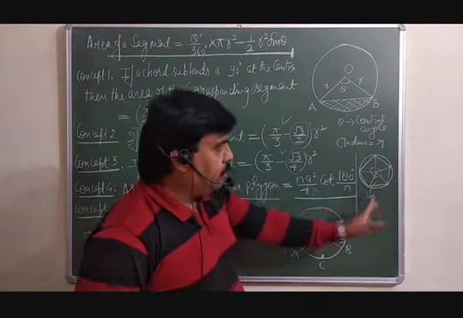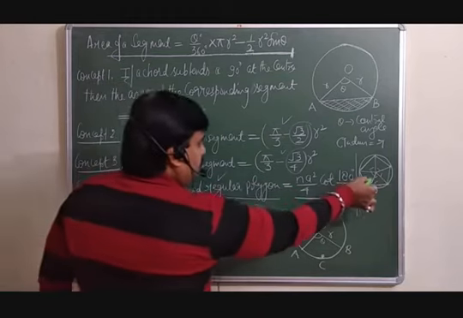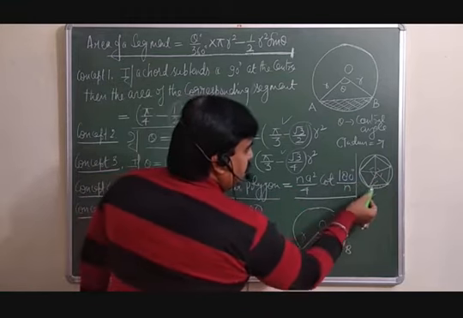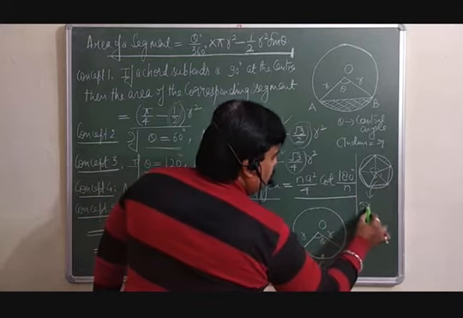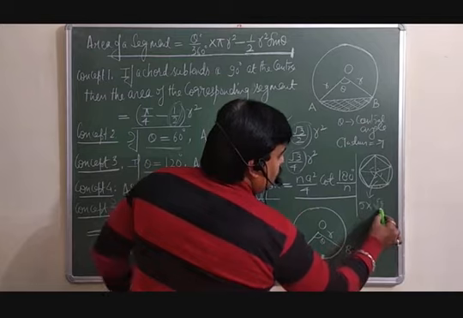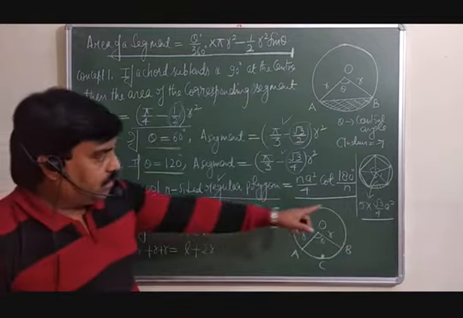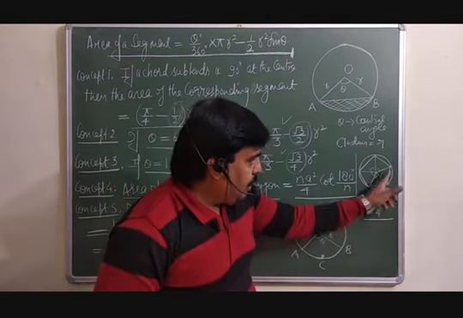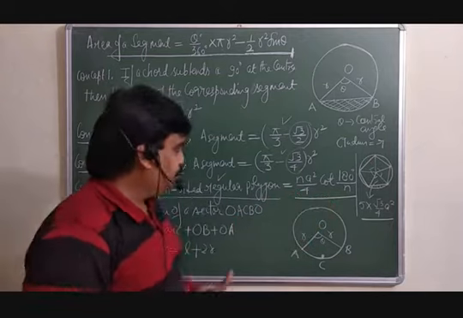If I talk about the sector, you want to calculate the area of this sector. So what we can do, just see now, you will get an equilateral triangle. So the number of sides into root 3 by 4 a square, you will get the area of this sector also. So this will be the area of this one. Multiply by 5, you will get the area of this regular polygon. By using this formula also you can do that.